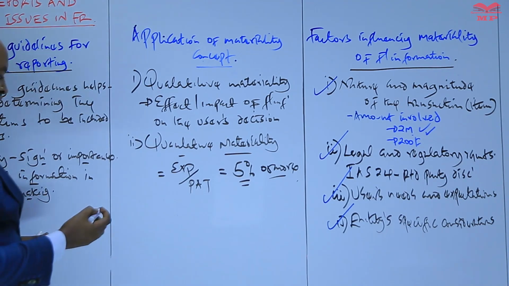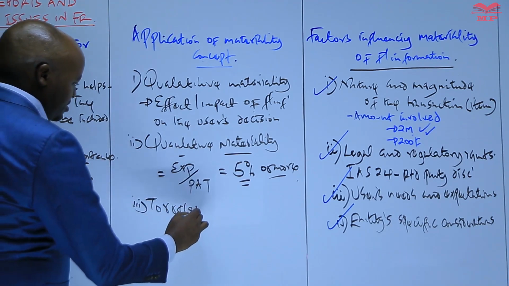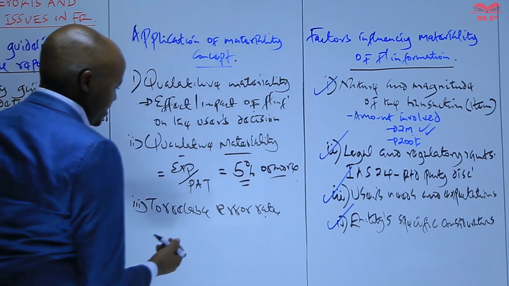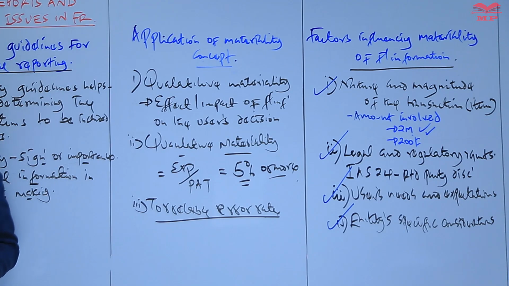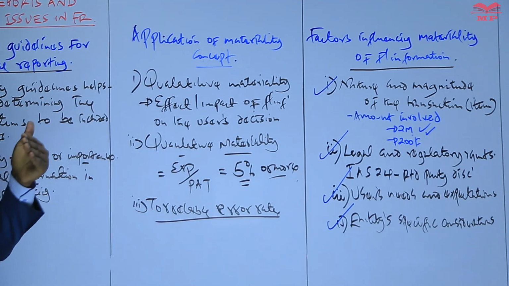And then from there we have something called the tolerable error rate. When we talk about tolerable error, mostly this is used by the auditor. A tolerable error is an error which is acceptable. For example, if an error was made and the profit was overstated by 2%, 1%, the auditor may determine an acceptable error, because by the end of the day, once the financial statements have been prepared, they may not be 100% correct. But there is that error which is acceptable.